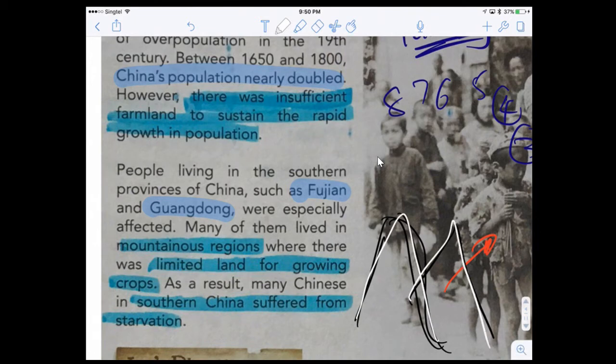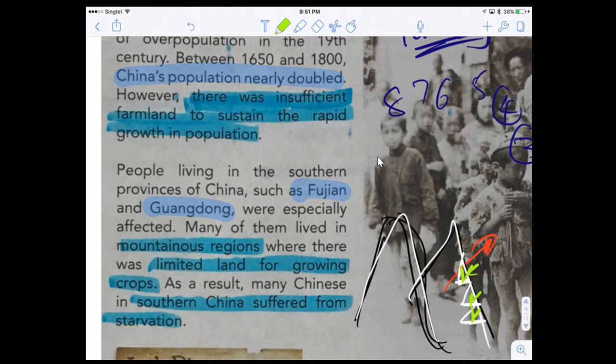Okay, if they live in mountain areas, do you think they have farmland? No, right? To plant crops in the mountain, you actually need to cut the mountain like this so that you can have a flat land. Only when there is flat land can you grow crops. Correct? So this is tedious work, and it can lead to very little cropland.